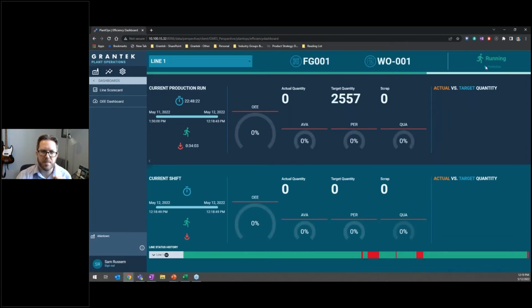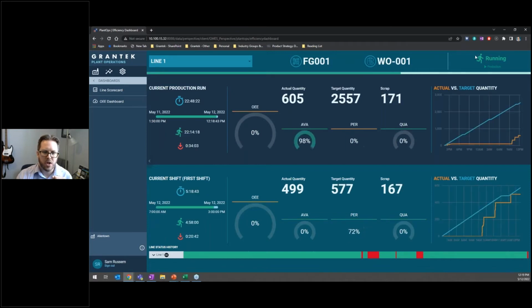Yeah, there we go. See, back to running, looking good. So I want to dig into downtime a little bit more because again, it's so important for these OEE systems. Of course, it's great to have these parts of availability, performance, and quality, but really understanding your downtimes and why your line went down and where you should be focusing your maintenance or improvement efforts is such a huge part